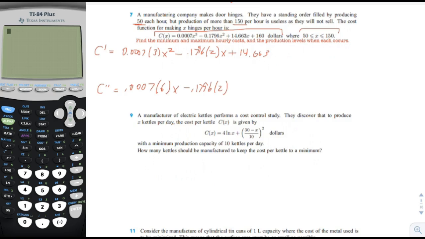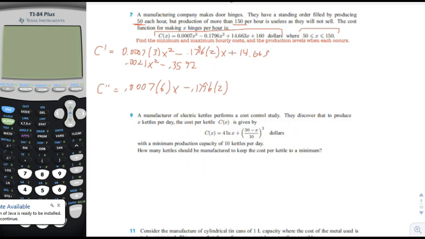Okay, so let's simplify each one. For example, 0.0007 times 3 would be 0.0021 x squared minus 0.1796 times 2, which is 0.3592